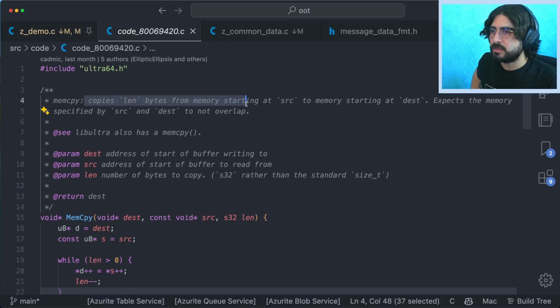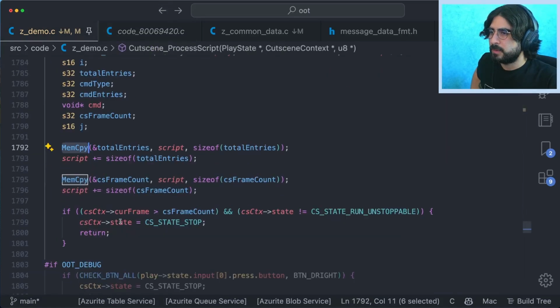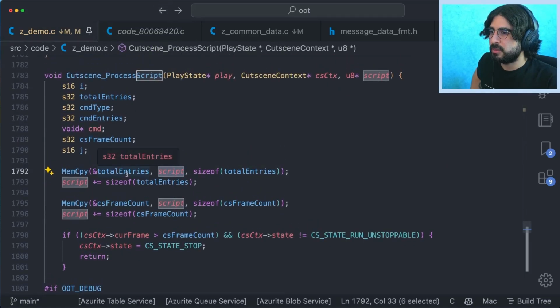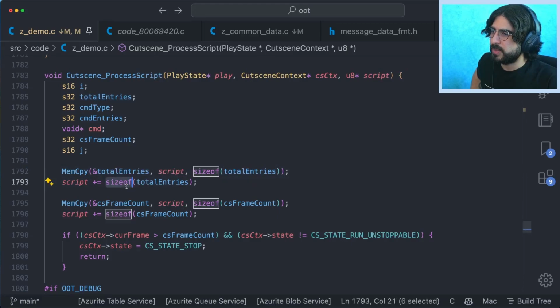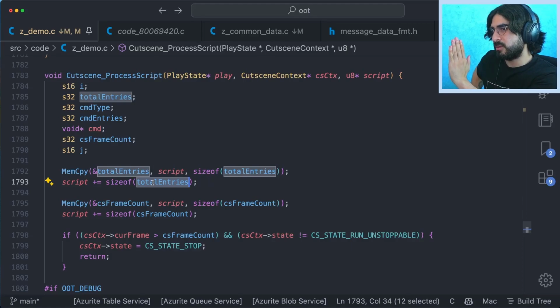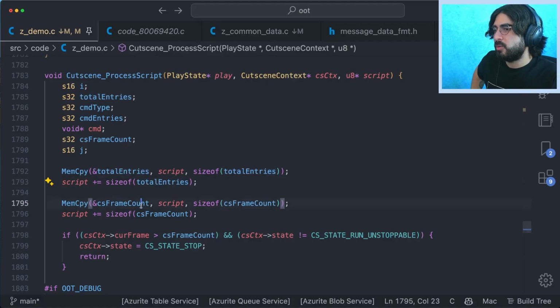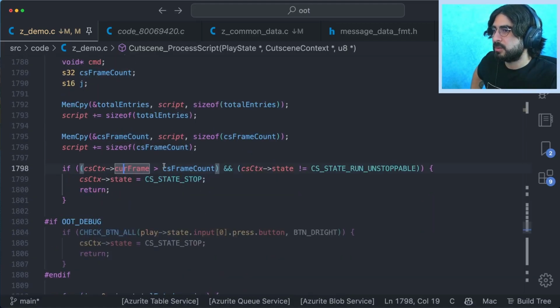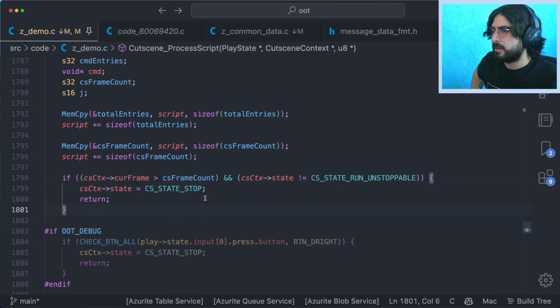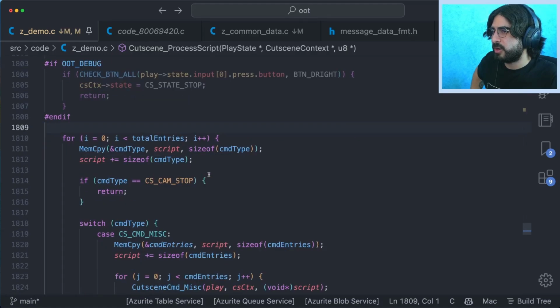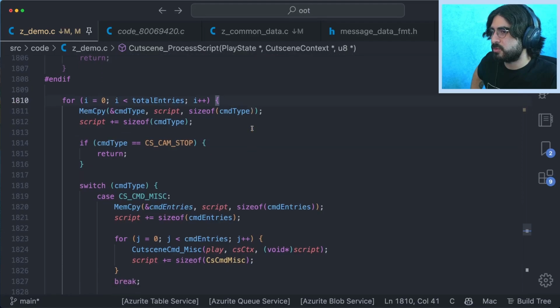It copies length bytes, starting at the source to destination. It expects them not to overlap. Okay. So from the script, we copy... Now I have to know where the script comes from. We copy it into total entries, and then we move the pointer forward from that script. We get the frame count. Okay, that's fine. Now for every single entry in this script,